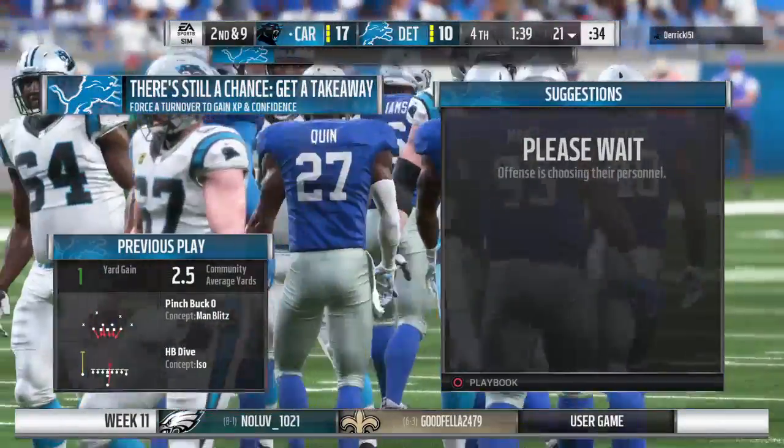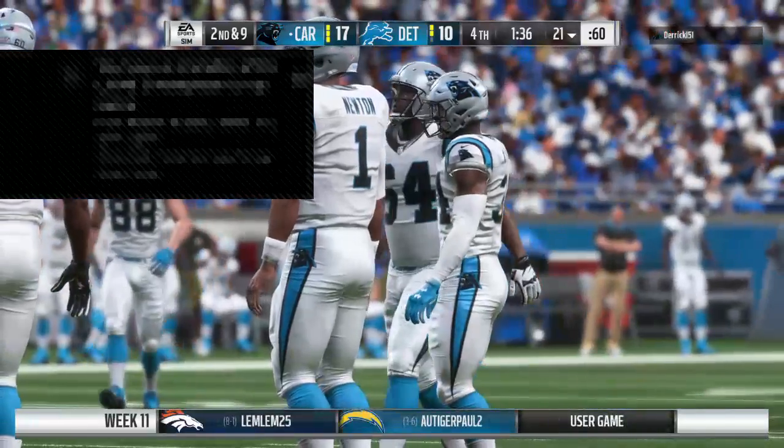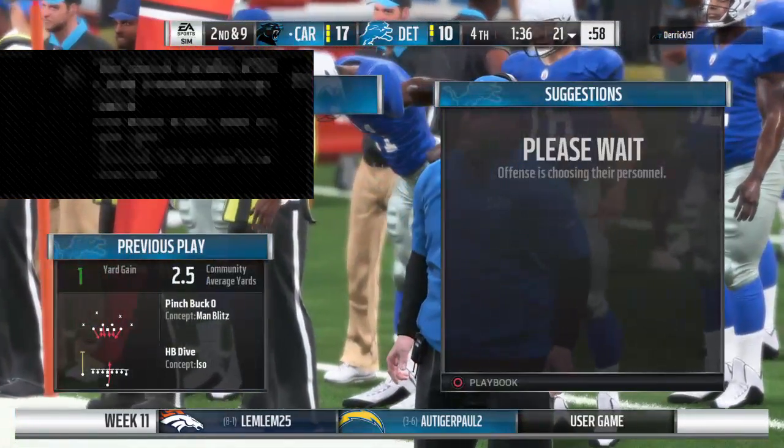Just a yard on the first down carry, so it's 2nd and 9. The Lions will use the first of their timeouts as